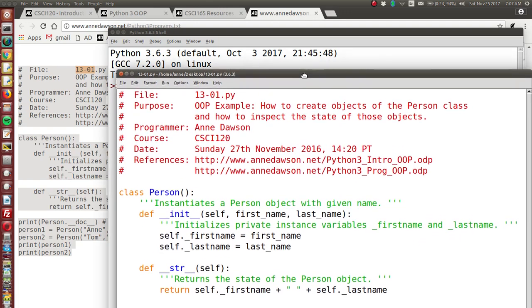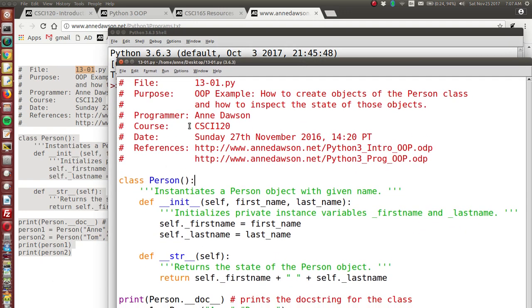Okay, so if you look at the comments at the top of this file, the purpose of this program is to give an example of object-oriented programming. It shows you how to create objects of the person class and how to inspect the state of those objects. This is the date the file was originally written, and it's based on these two PDF documents. Actually, these are